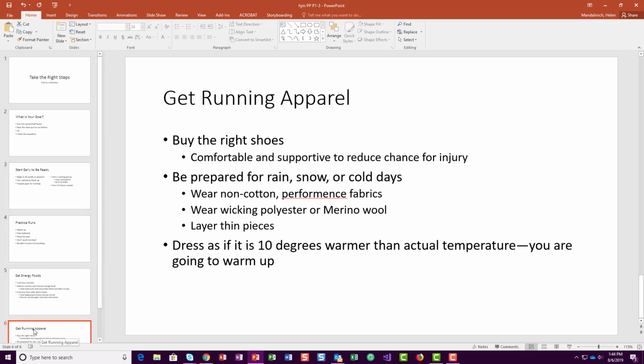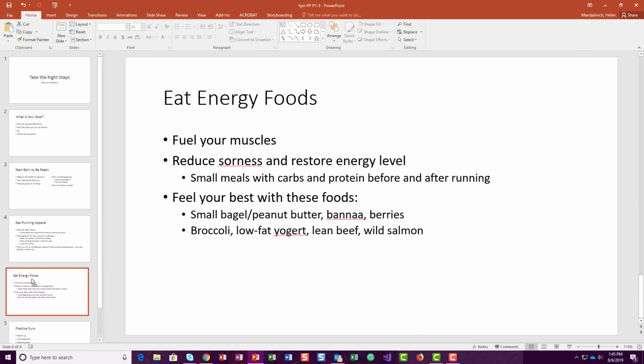So it's down here at 6 and I want it to be up here between 3 and 4. I want it to be the new 4. So I click, hold, and just drag it there and let it go. So start early to be ready, get running apparel, eat energy food needs to come up next, and then practice runs. So now they're in the order that I want,